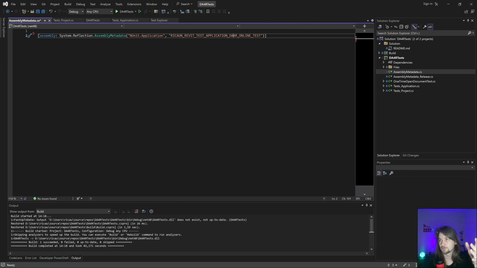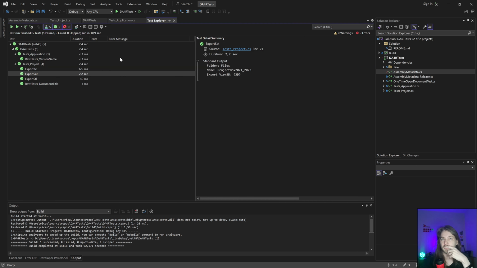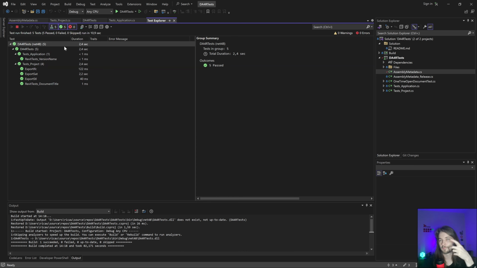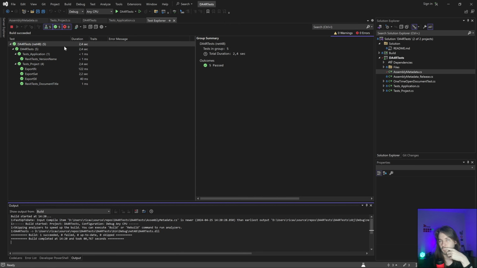I can use that to change the default application, and instead of searching for Revit in my machine, it's going to search and run the tests in Design Automation. I basically have a whole application that searches for that. It's going to do basically the same thing that the default one is doing.